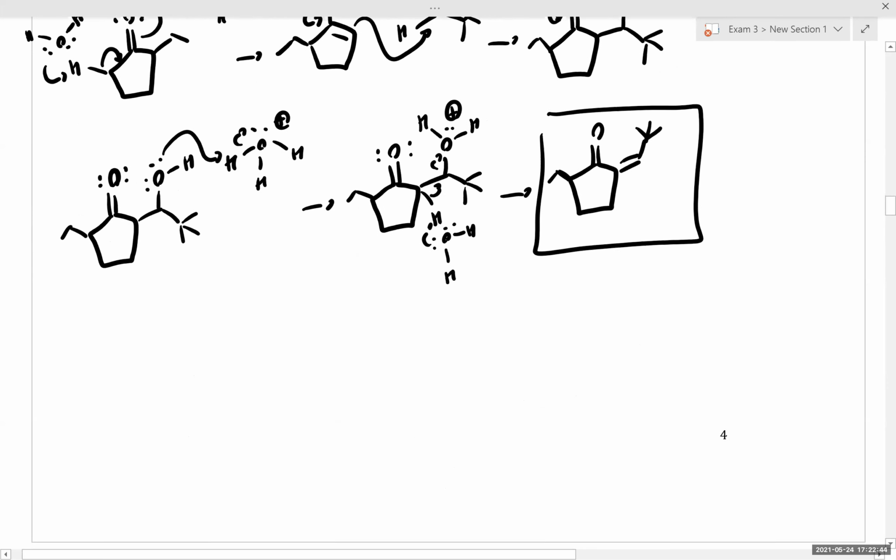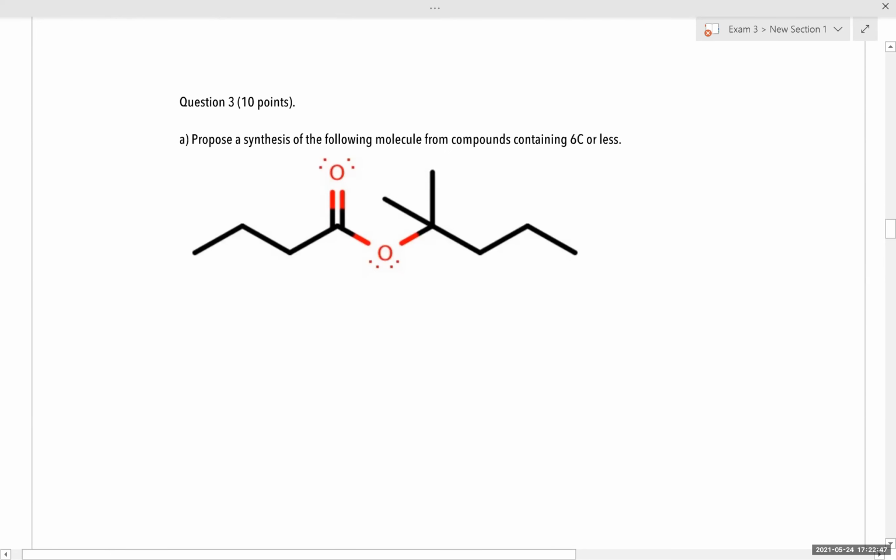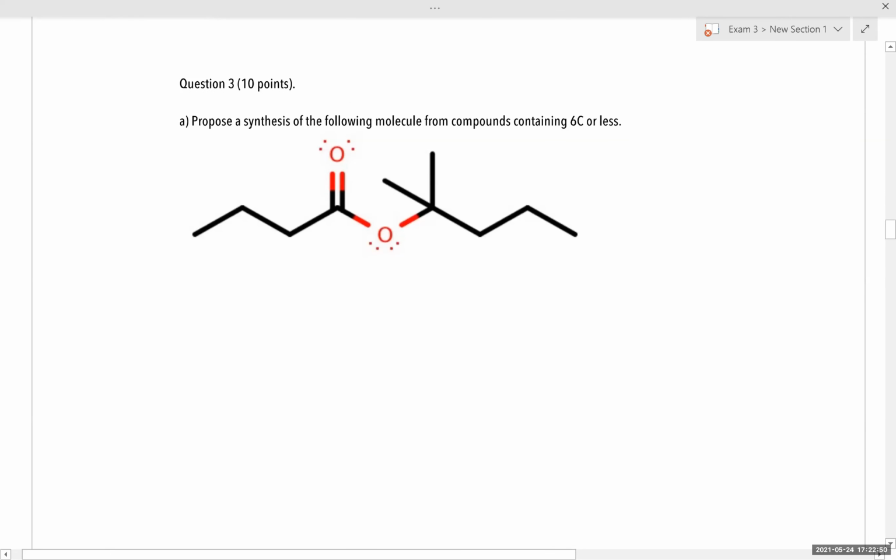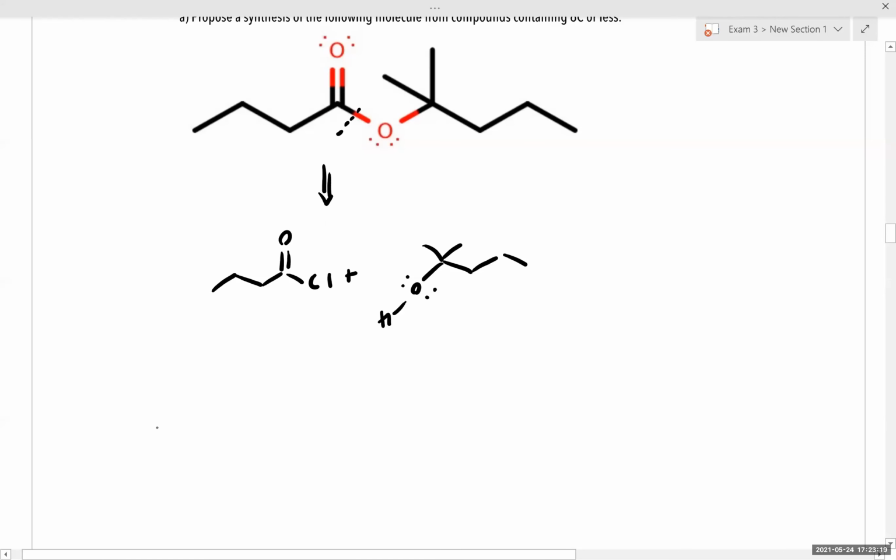Okay, so in this case now we're asked to propose a synthesis of the following molecules from compounds containing 6 carbons or less. These substrates are designed in a way where only a few of our synthetic methods would work efficiently. So I'm going to choose to break this carbon-oxygen bond to trace this back to an acyl chloride and a highly hindered alcohol. The reason why we have to utilize the acyl chloride method stems from the fact that because